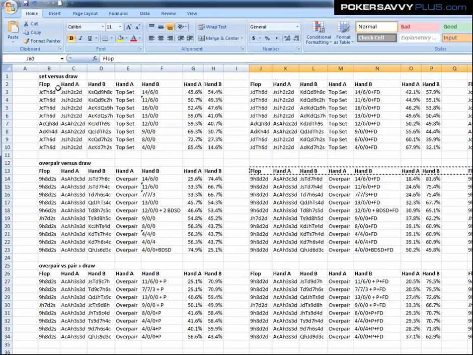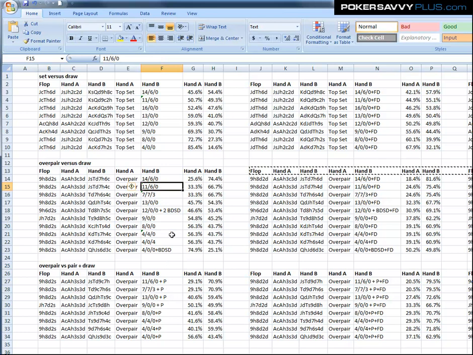What we're looking at right now is the first top half of the spreadsheet on the left side of it. Looking at set versus draw matchups, overpair versus draw matchups, and overpair versus pair plus draw matchups. So there's variation on hands that can have equity against an overpair, and looking at the matchups, adding the pair obviously gives the hand